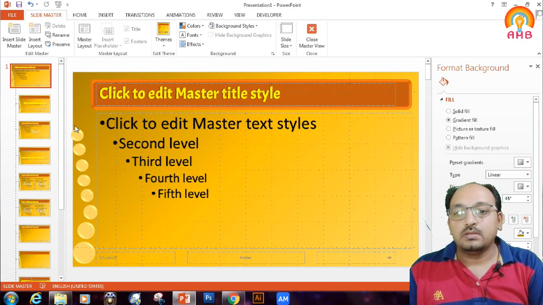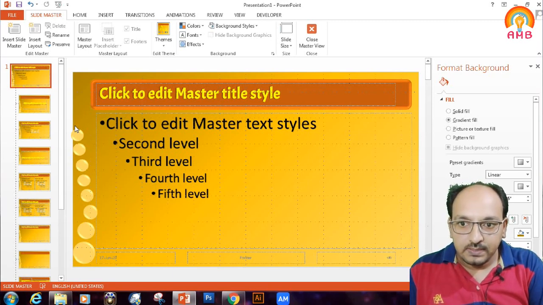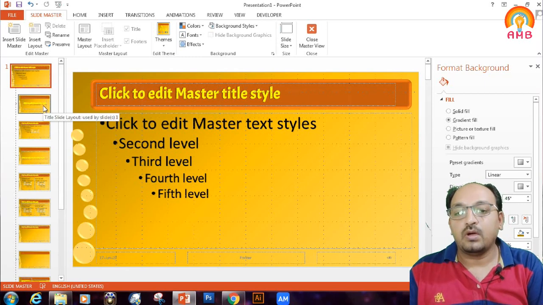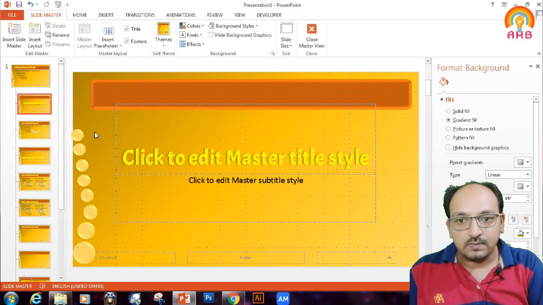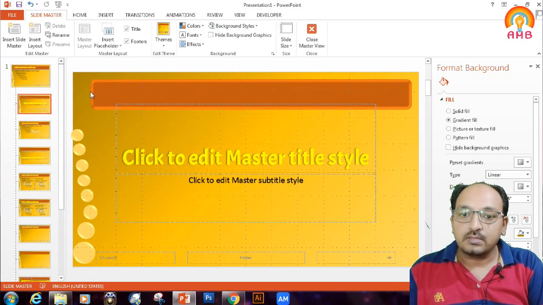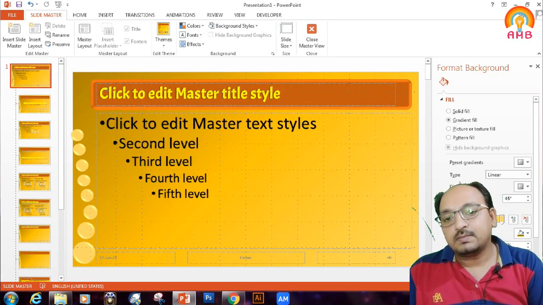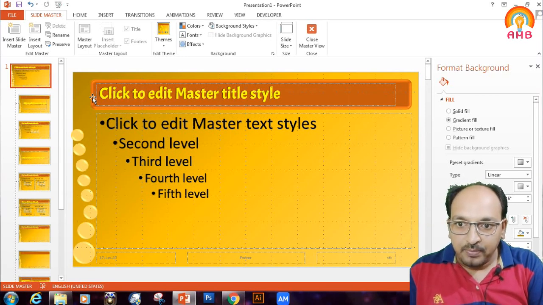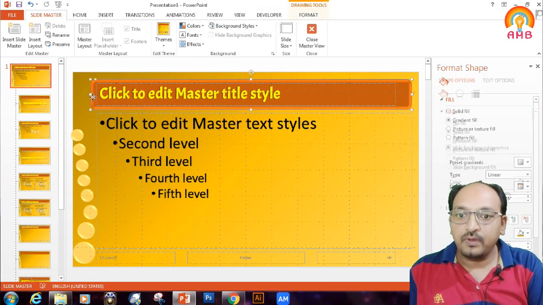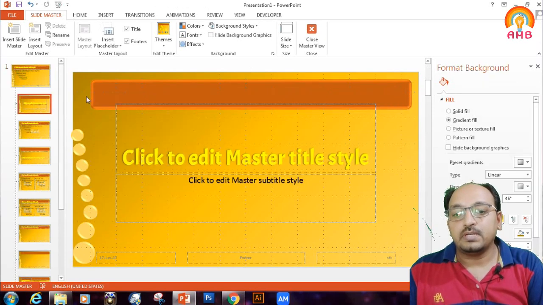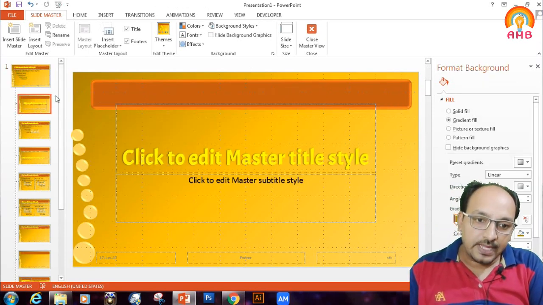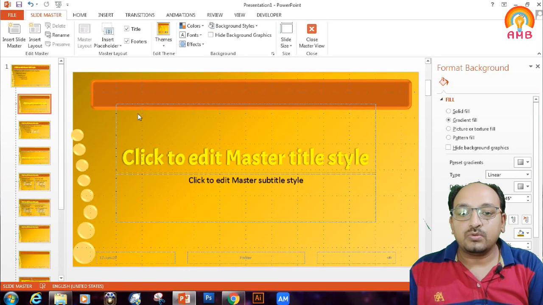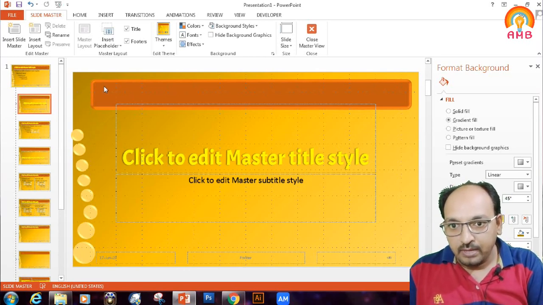Okay, now I am selecting this second one. Now I have to remove this. So here problem arises that this rectangle appears in this window too. So here it is the title page and I don't want this rectangle here, that's why I am removing it